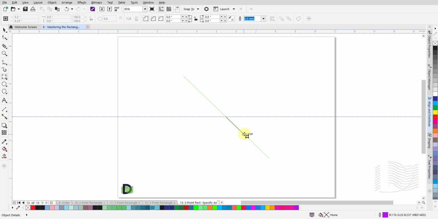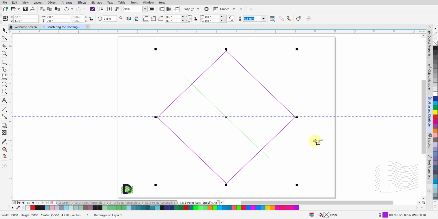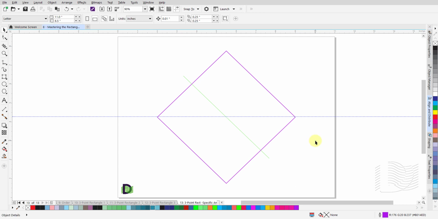Drag the mouse diagonally to the intended endpoint. Release the mouse button, but keep holding down the Control key. Press and hold the Shift key as well, and move the mouse up or down to draw the square. Left-click once to complete the square and disengage the cursor from the canvas. Release the Control key and the Shift key.